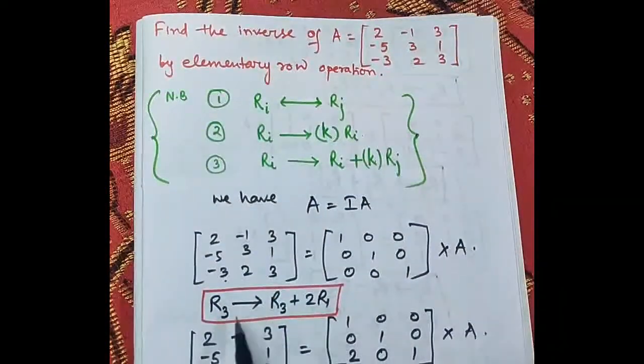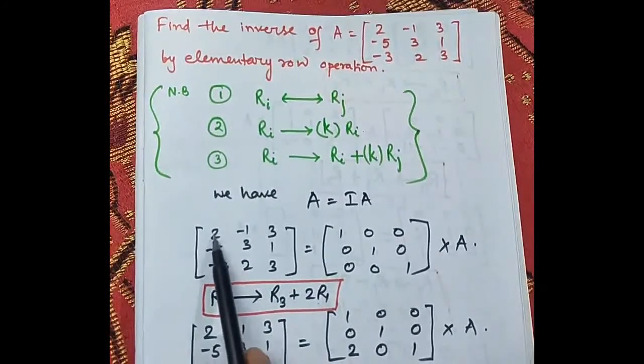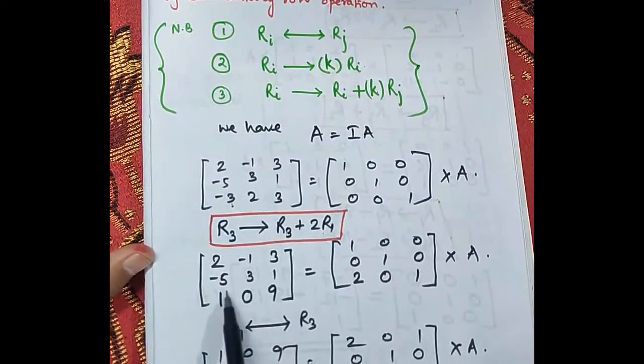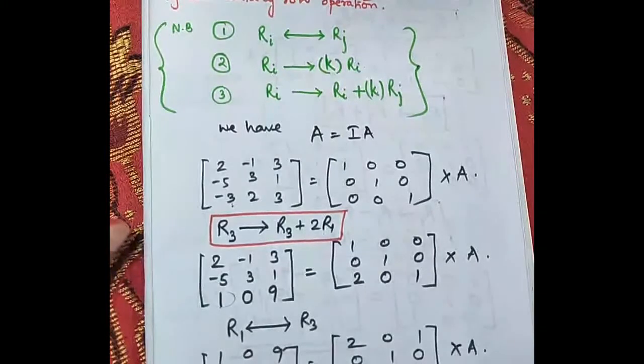Now see, here we are changing R3 by R3 plus 2R1. If we perform R3 plus 2R1 over here, we are getting 2 into R1, that means 2 twos are 4, 4 minus 3, that is 1 is coming. So R3 1. Because first we have to make the first element of any row into 1. Then we can interchange that row with the first row.